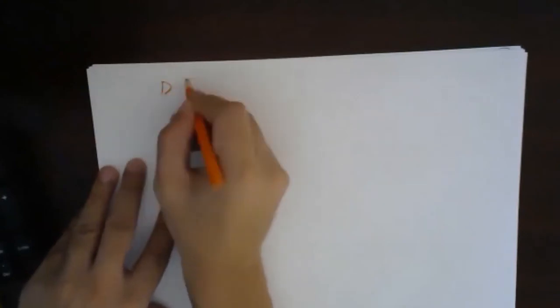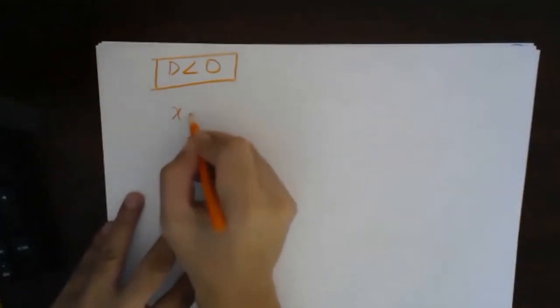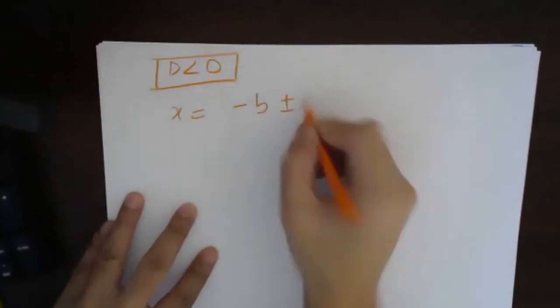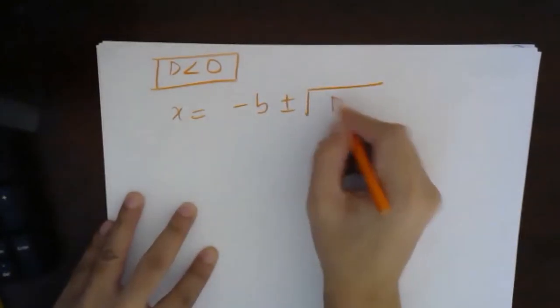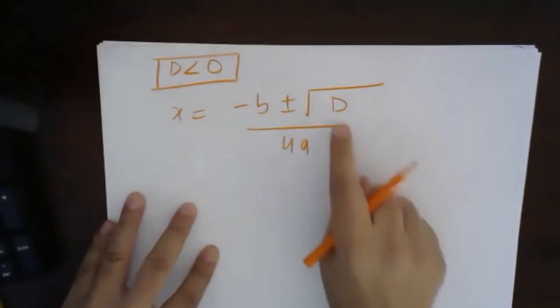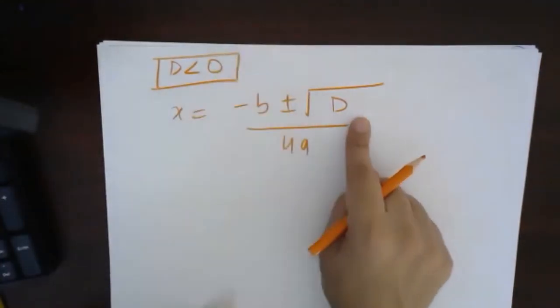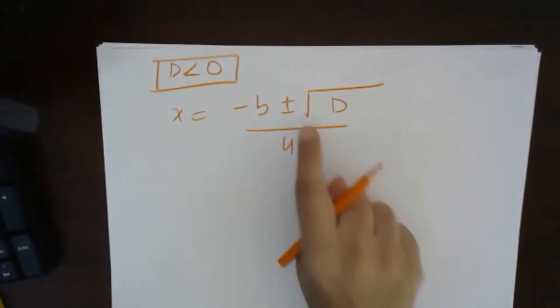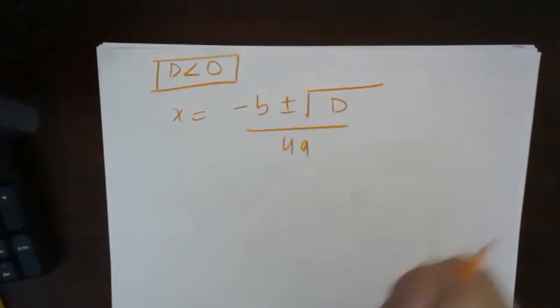Now this case is very important for you to understand. This third case, which is a very important case, is d less than 0. Sir, what does d less than 0 mean? This means the root does not exist. Very good. Why? Because x is equal to minus b plus or minus the root of d, by 4a. The root of a negative value is not defined in maths.